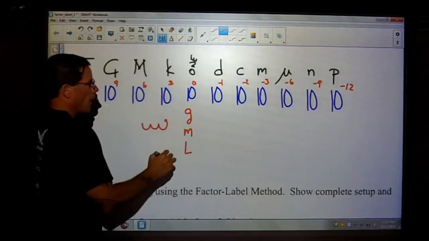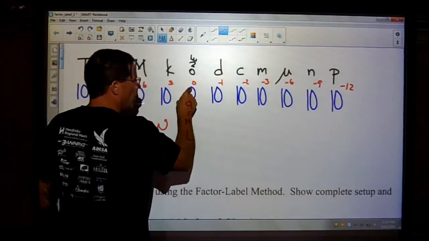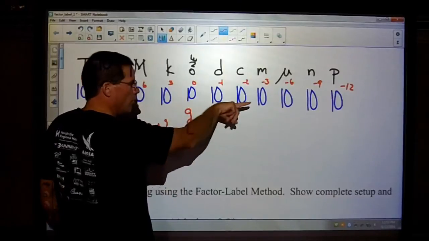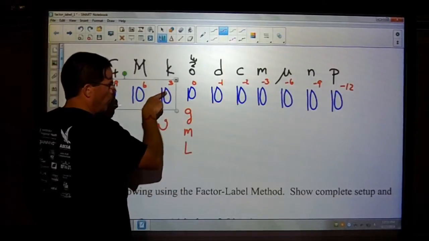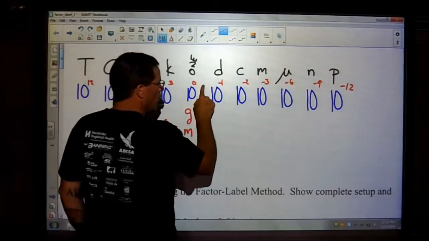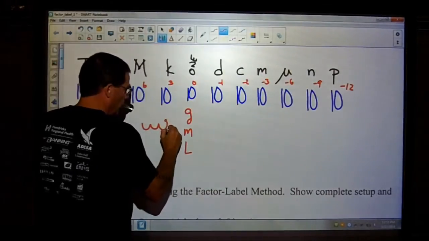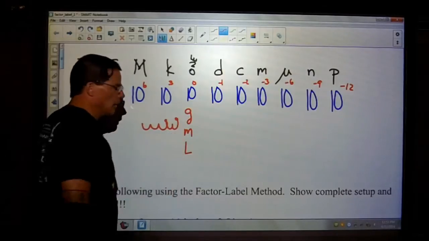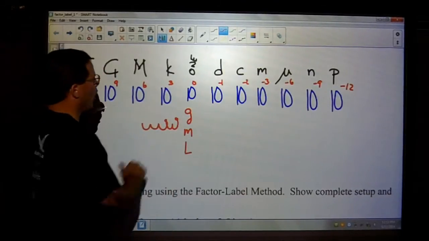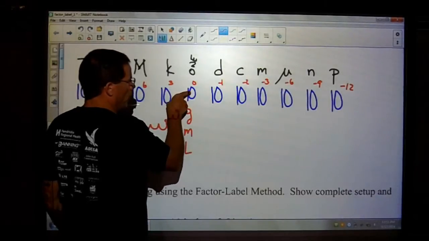Okay. And then from here to centi, how many times more do I move it? In other words, if I'm moving in this direction, I'm going from 3 to 0. So that means I move it 3 times, and then I'm going to move it 2 more times. 1, 2. So how many times did I move the decimal? That's right, 5 times. So all I have to do is go, okay, I'm moving 3 here, and then 2